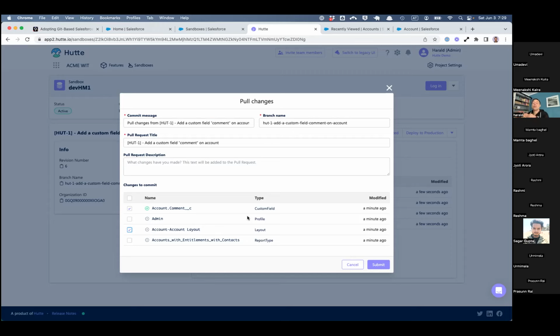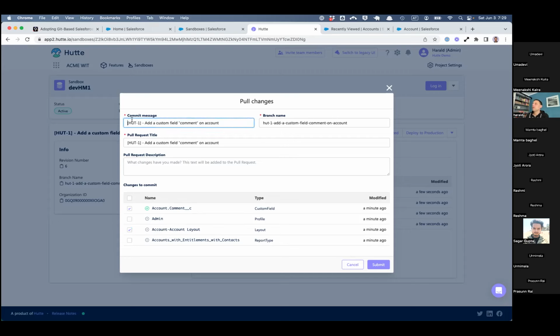We know it's always a complicated topic to get profile changes integrated, because you have a single file across potentially many features that will touch on that file. So just for the sake of simplicity, I skipped that topic of managing profiles. We will just decide now to ship our new field and the change to the page layout to our Git